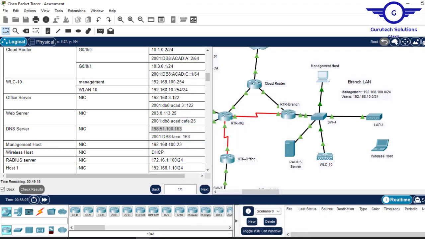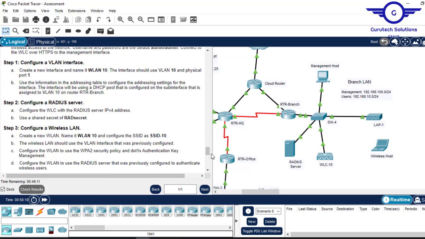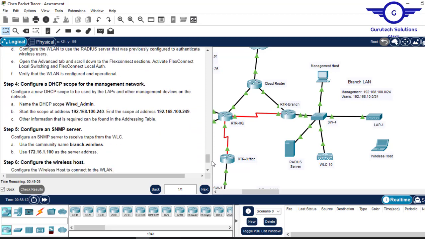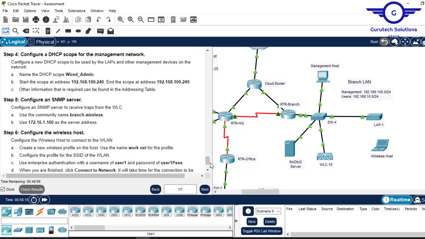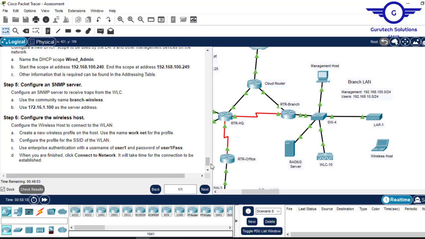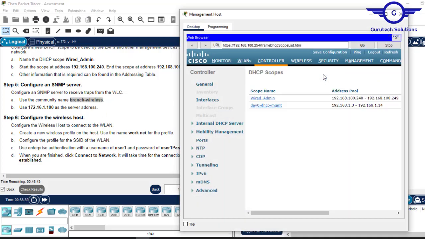and then let's go down to check what's remaining. So it's only part 5 and part 6 that is remaining. This was a lot of work. Configure SNMP server to receive traps from the WLC, use the community name branch wireless. So copy that one, use this one as server address. How to configure as